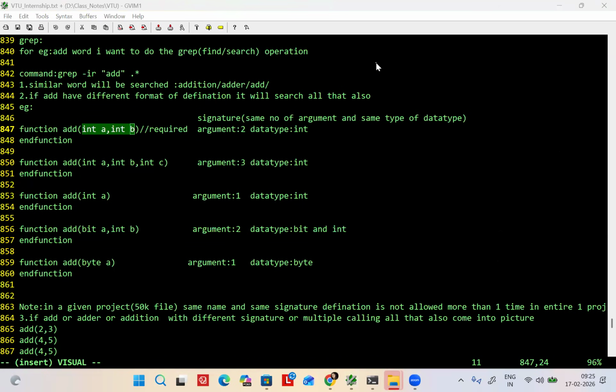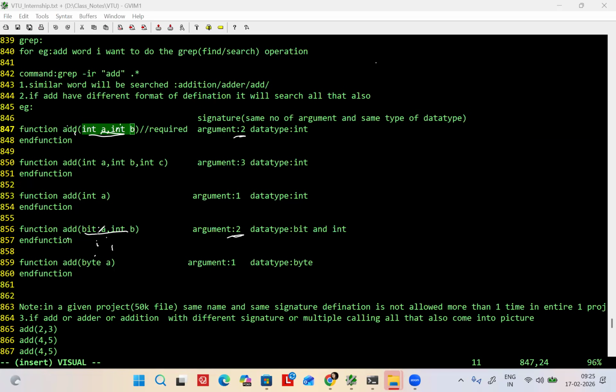Why? How many arguments do you have here? Functions with the same name and different arguments. The arguments are the same, but can we have these two kinds of functions in one code? Yes, that is allowed. Why? Name is the same, argument count is the same, but what is different? You are not supposed to say argument.